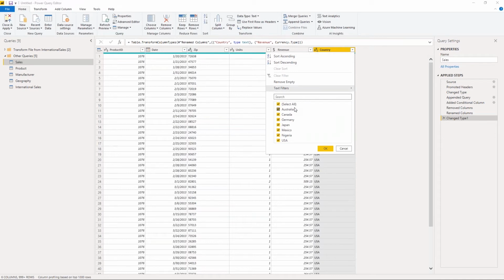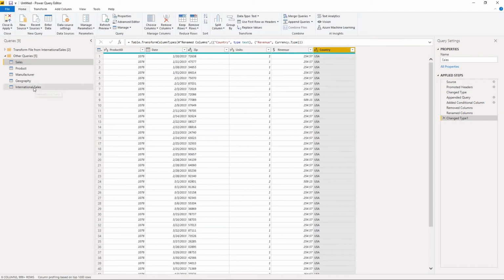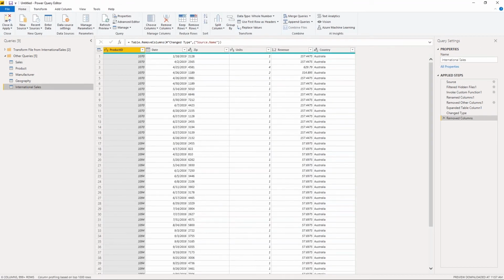All right, so now we can see that rather than having a null, we've got USA in there. So what we want to do at this point is we want to keep international sales from